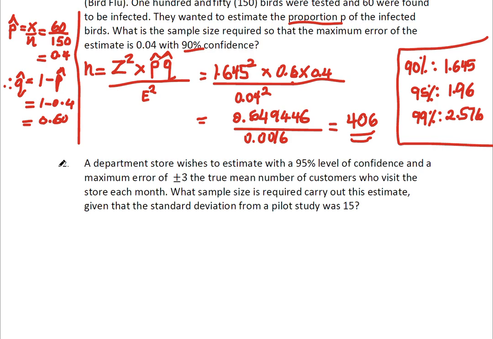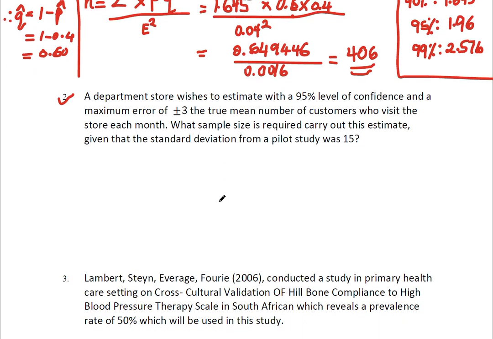Now let's look at this one. In this one, we are told that a department store wishes to estimate with a 95% level of confidence and a maximum error of plus or minus 3 the true mean number of customers who visit the store each month. The question is, what sample size is required to carry out this estimate, given that the standard deviation from a